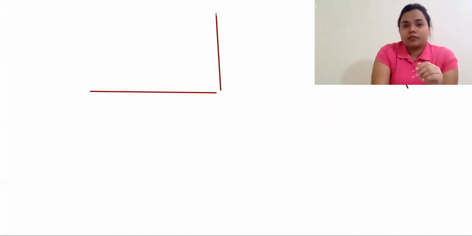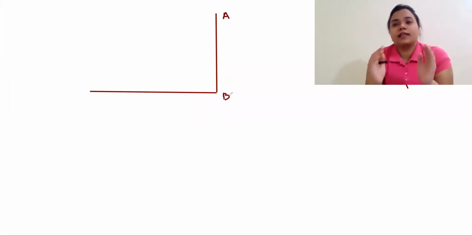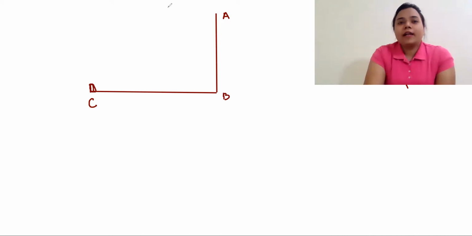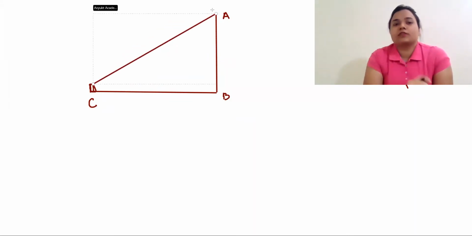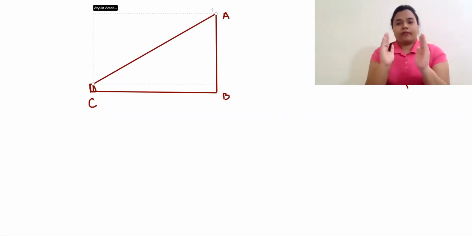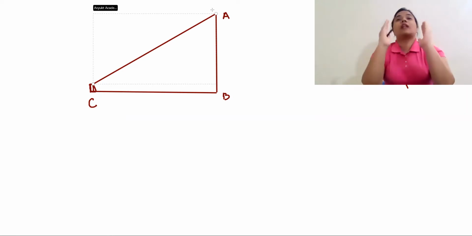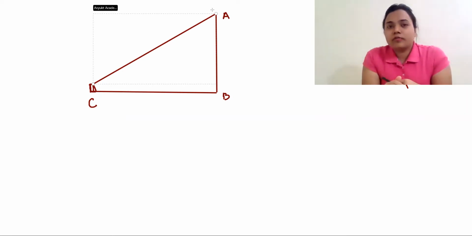Suppose this is any tower. This line AB is a tower of great height, suppose 20 meters. And you're standing at place C. This is you. You must be very small in front of the tower, and you're looking to the top of the tower. When you are looking at something at a height, you see it in a slanting way.